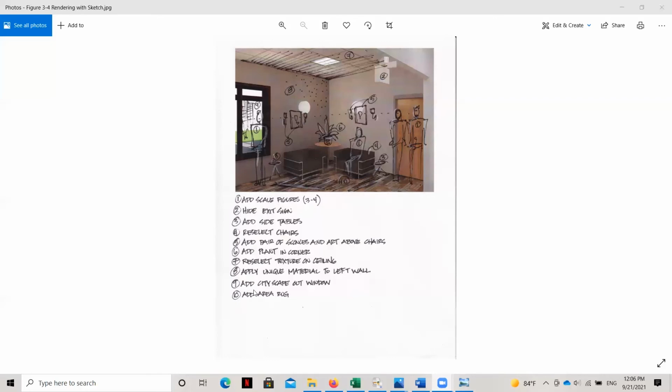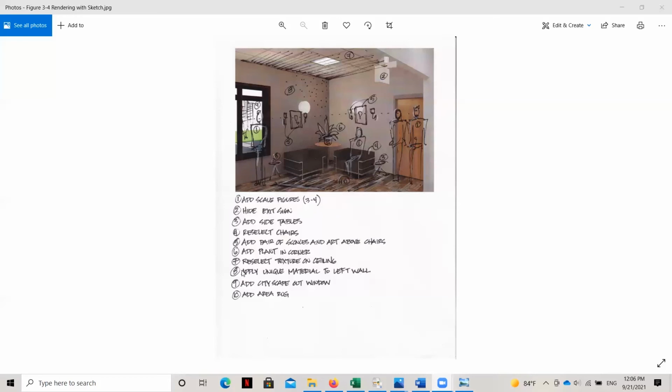Now, why does this drawing need to be annotated, you might be asking? Why do I need to annotate a sketch like this? Well, there's two main reasons. The first is because as a designer, you have ideas coming in very quickly, and so you need to make sure to get them written down so that they're not in your head, so that you don't forget anything. And it's really important because you don't want to forget anything as you're presenting this to your viewer.